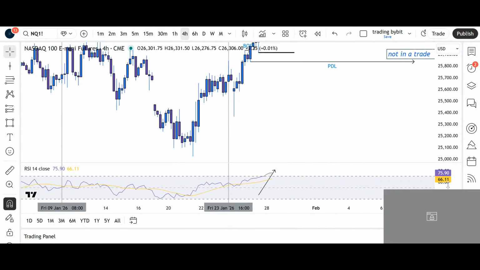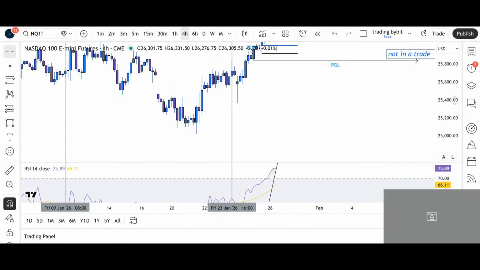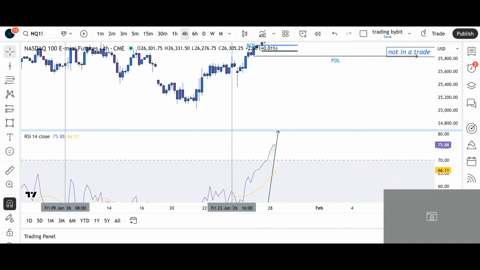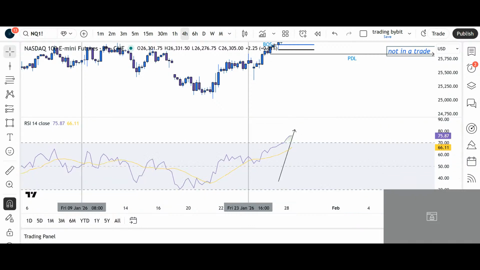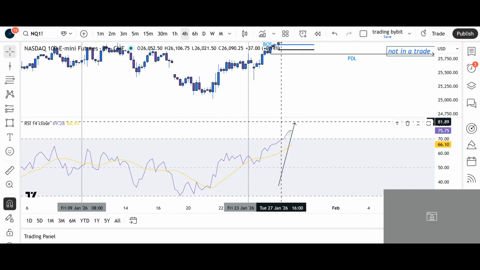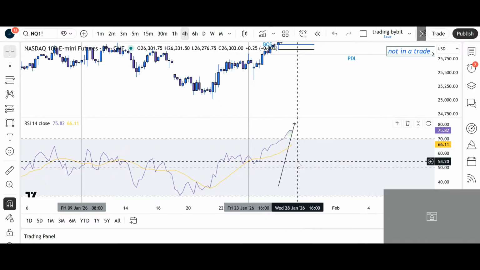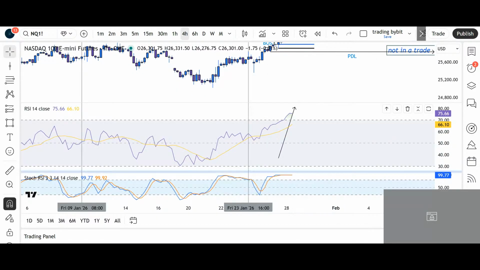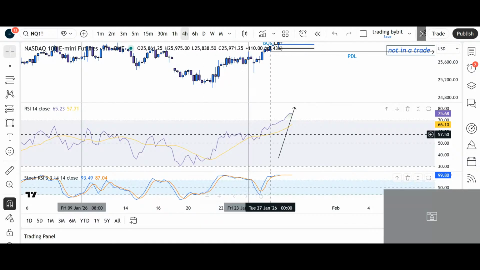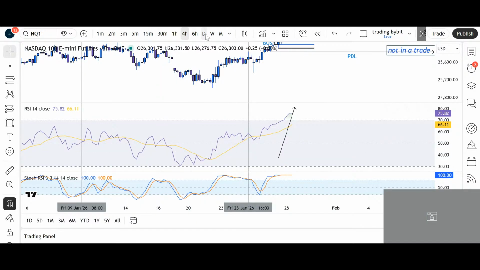But in a 4-hour, this is not yet overbought. Look, we are just now getting into overbought territory. Always watch the higher time frames to know where we are trading in. RSI is very handy on daily, weekly, and 4-hour charts. I would not recommend using it intraday because that's less accurate. If you want to use it intraday, I would recommend that you use the Stoch RSI. It's a different one, but this one is more intraday action. This is long-term action. I use the RSI to do swing trades off because this is very accurate, especially in days, weeks.